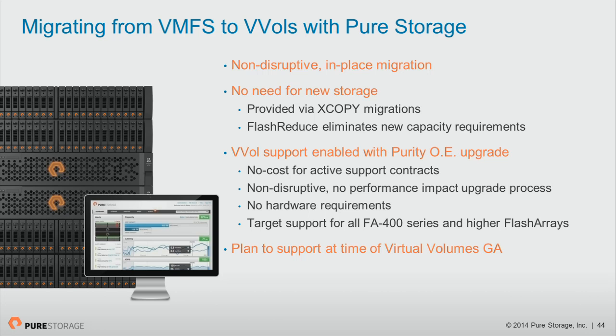And the cool thing about how we do storage is that it's all metadata, right? So the data is stored, and we just have metadata pointers to the unique parts on the array. So when you do a storage vMotion, typically on some traditional arrays, you need additional capacity swing space to move it from point A to point B to the new VVol, something like that. But in this case, you don't need additional capacity. All you have to do is do a storage vMotion, and we'll just move those metadata pointers from one place to another, and